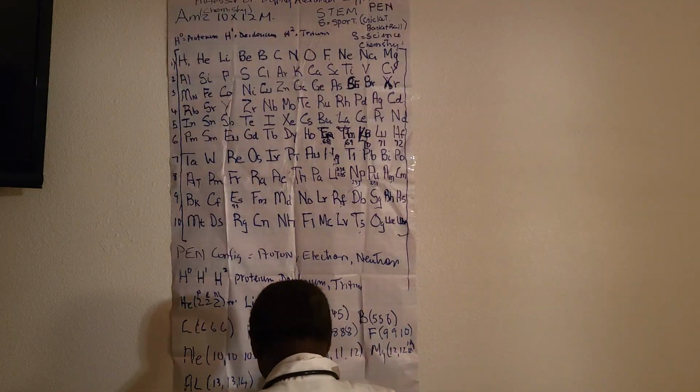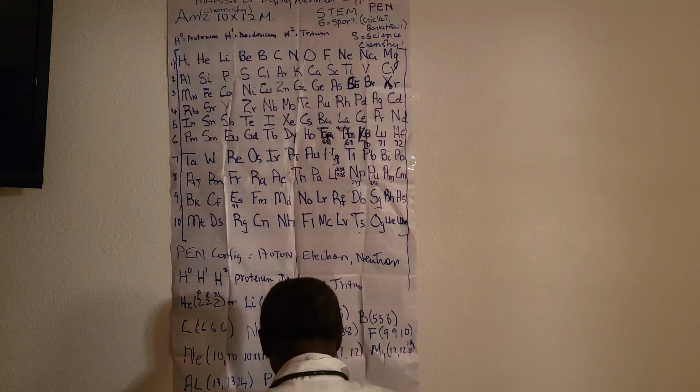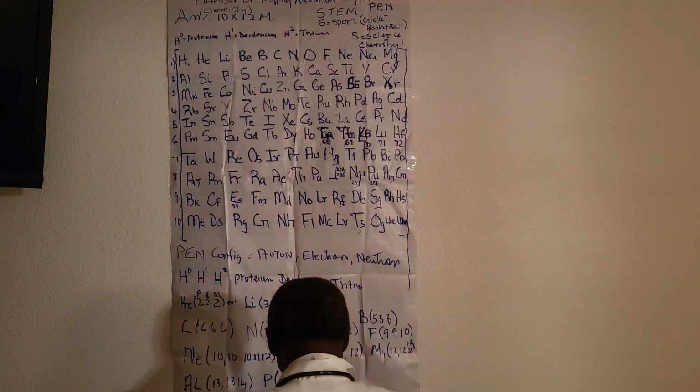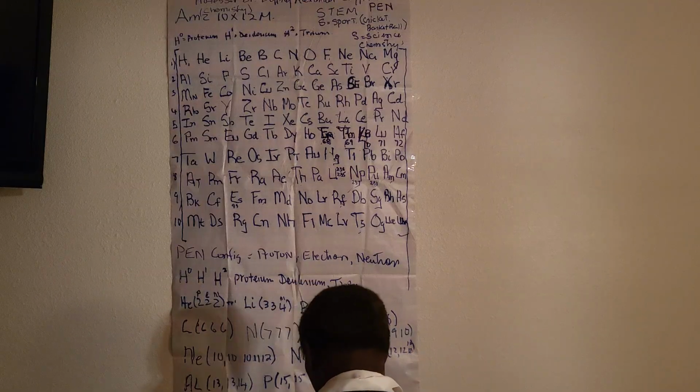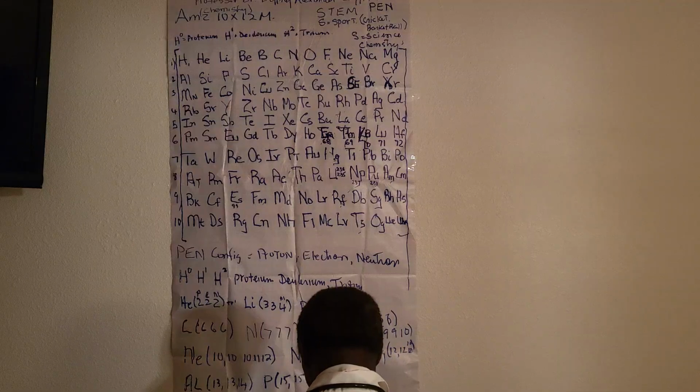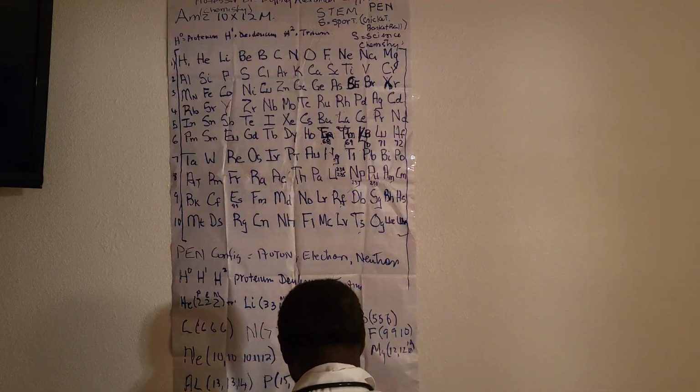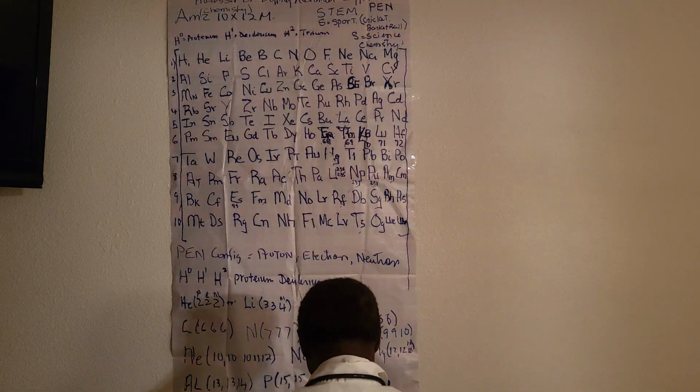And 15 will be phosphorus, and that will be 15 proton, 15 electron, and 15, 16, 17, and onwards are for the isotopes there. I think 16 will be the most abundant and stable for phosphorus. But then again, you could check on that for me. Phosphorus, then we have sulfur,